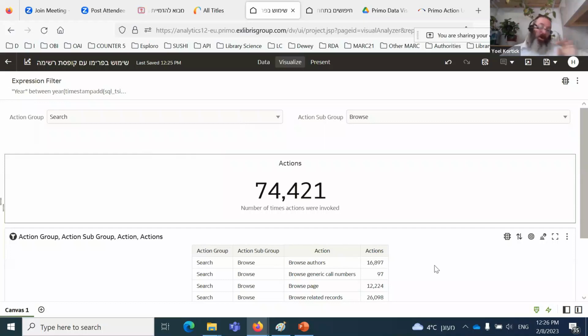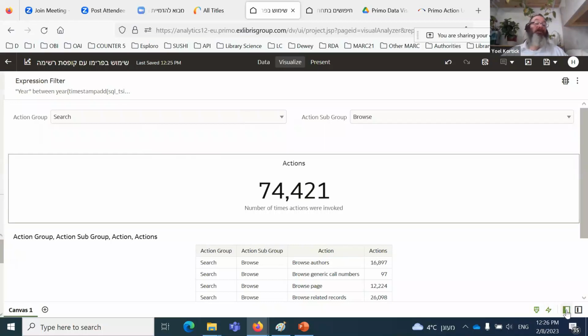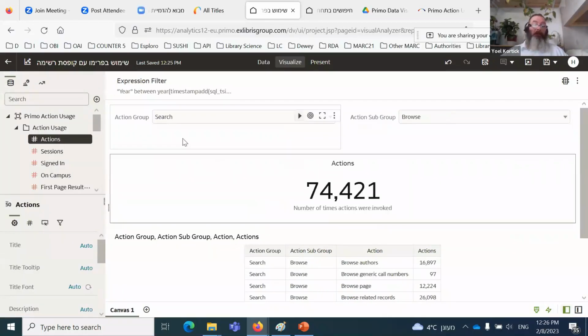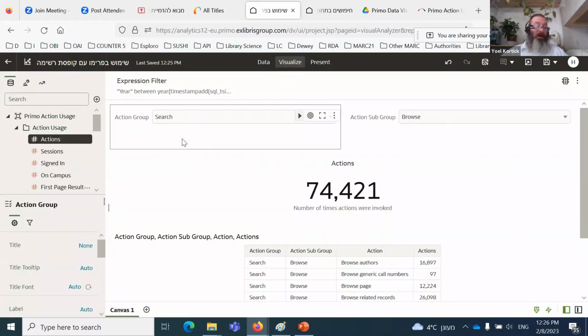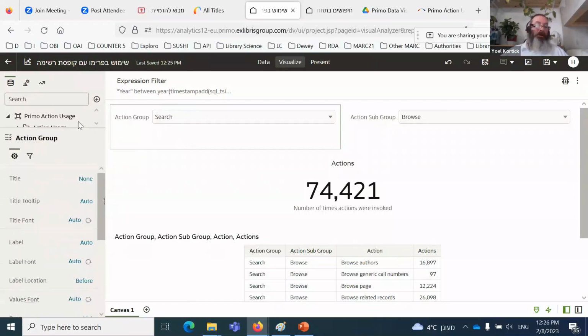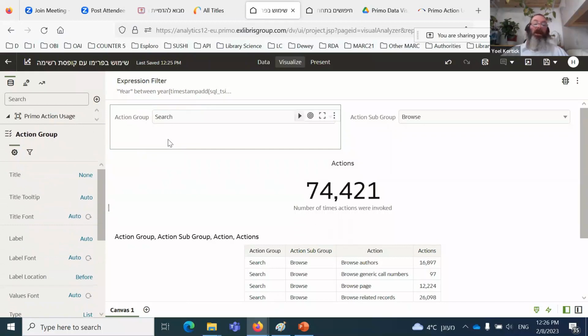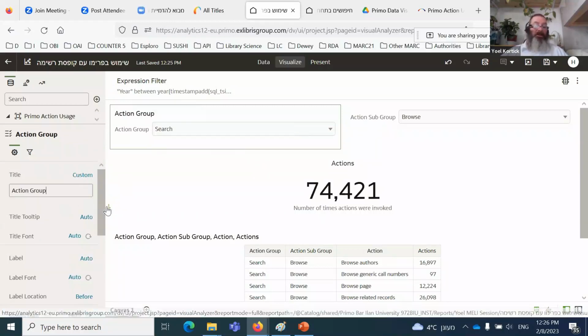So let's open up again the data panel. I'm clicking on the bottom right toggle data panel. And if I choose one of them, I'm going to choose that list box. So these are all the properties of this, whatever I chose. So let's say for the title, by default, it's none. I'm going to click it, make it custom, and say,